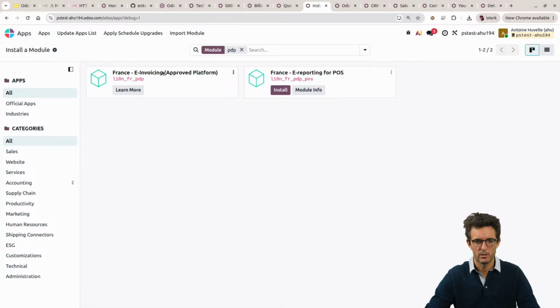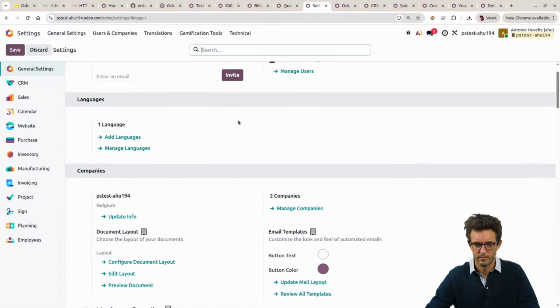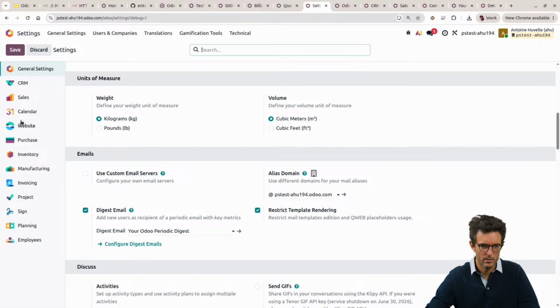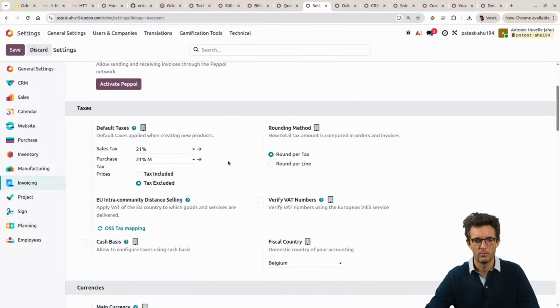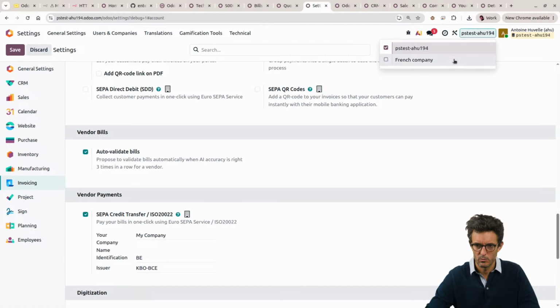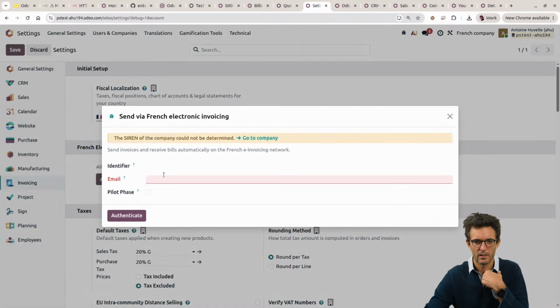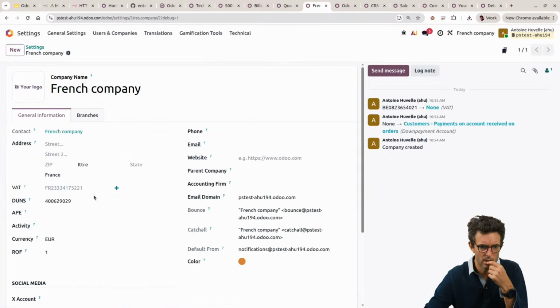You have the French PDP that is added, and then you have the possibility here in the settings, if I'm correct, at the bottom of the accounting. Where is it? Ah, yes, invoicing here. I could add accounting, maybe it would be better. Yes, I'm on the Belgian one. Let's go on the French one. Activate electronic invoicing, and I think that you have, yeah, so Siren I should give it, but where is the Siren? It's telling me this, but I don't see it,